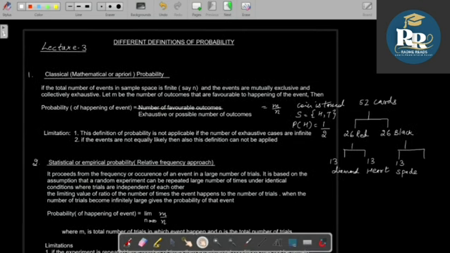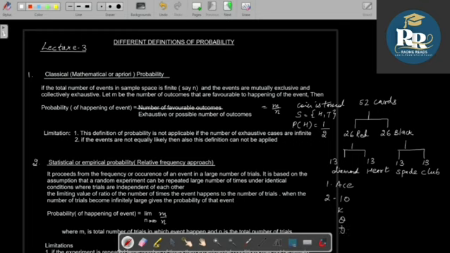And in the black, we have 13 spades and 13 clubs. In each 13-card set, we have one ace,